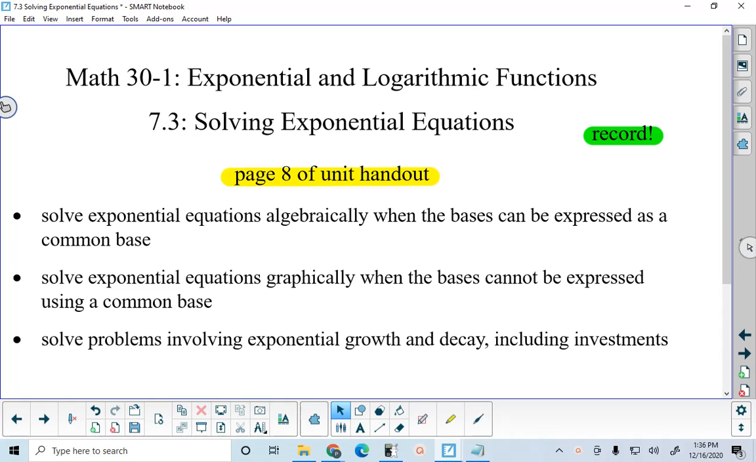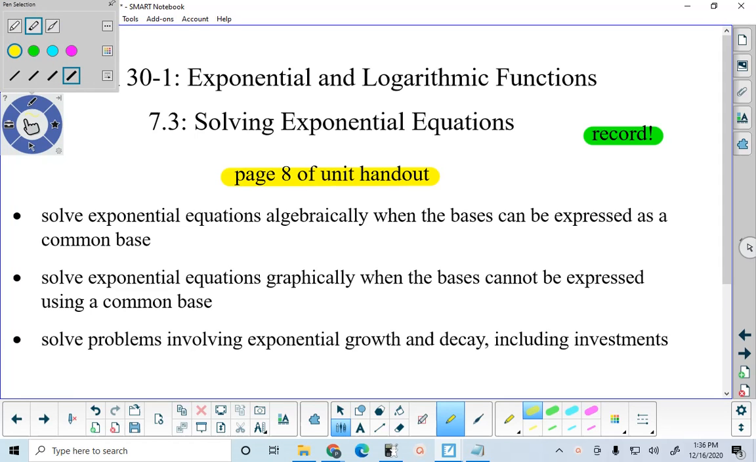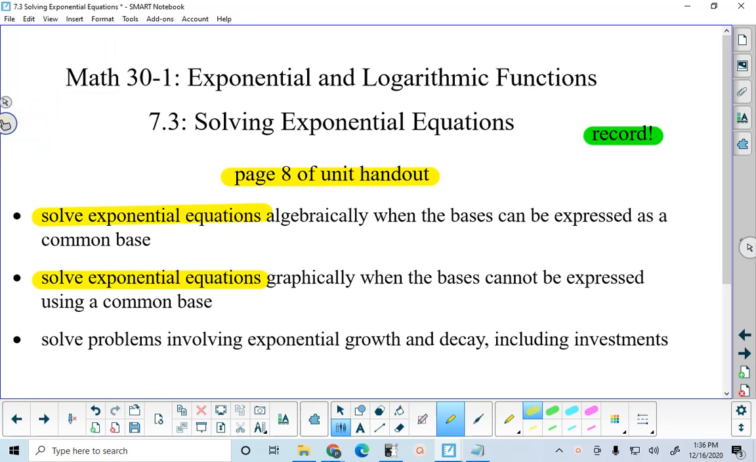We're doing basically two things in this lesson. We are going to be solving exponential equations, and there will be a couple of different ways that we can do that. We can do it algebraically, or we can do it graphically, and we'll talk about why you would do one and not the other in a bit. But then we're also going to be looking at more exponential growth and decay. Particularly, we're going to look at investments today. When you invest money into a bank account, you're paid something called compound interest, which is a type of exponential